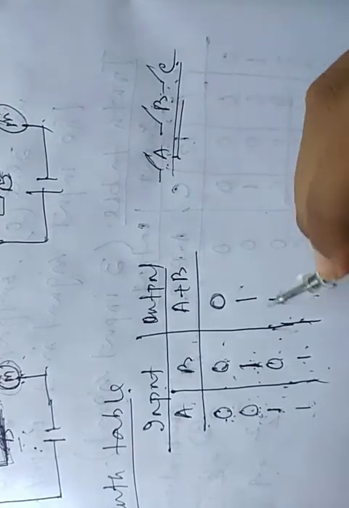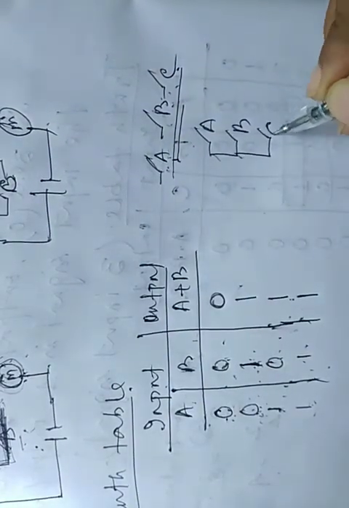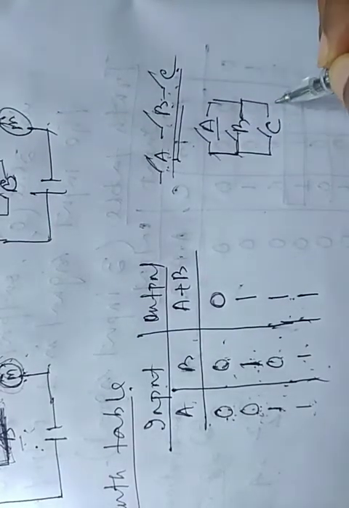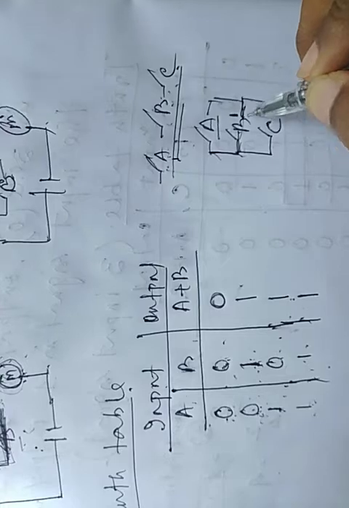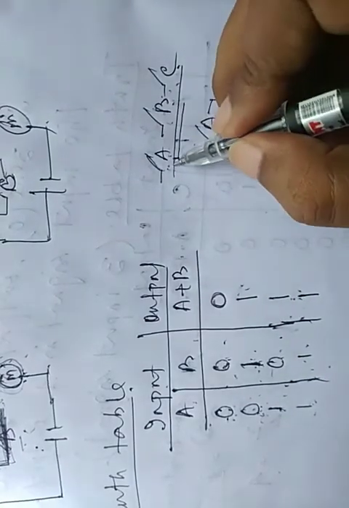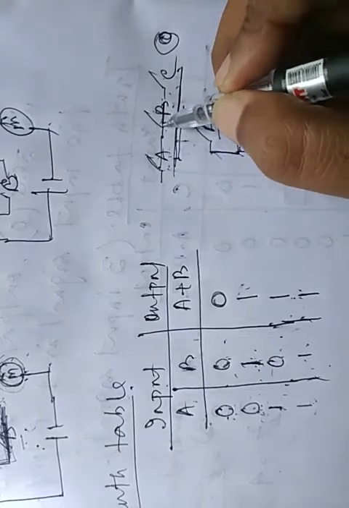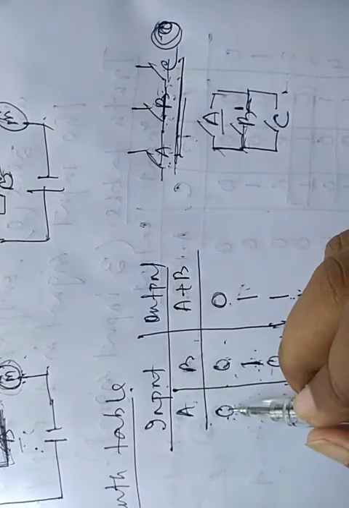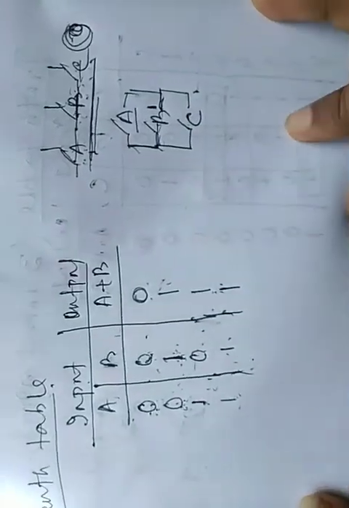But in OR operation, switches are in parallel lines, so there are 3 parallel lines. If one is closed, then current can flow in another line. So if any one of the lines is 1, meaning closed, we get output, that is output is 1. And if all the lines are 0, output is 0. When all the lines are 1, output is 1, and if any one of the input lines is 1, output is 1.